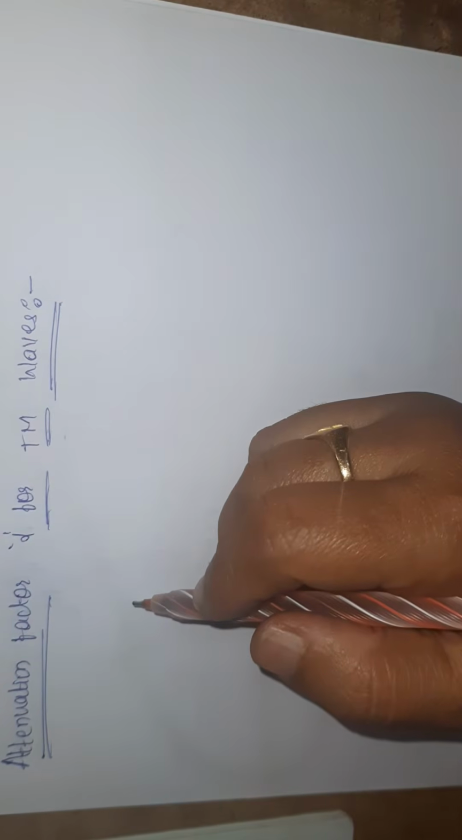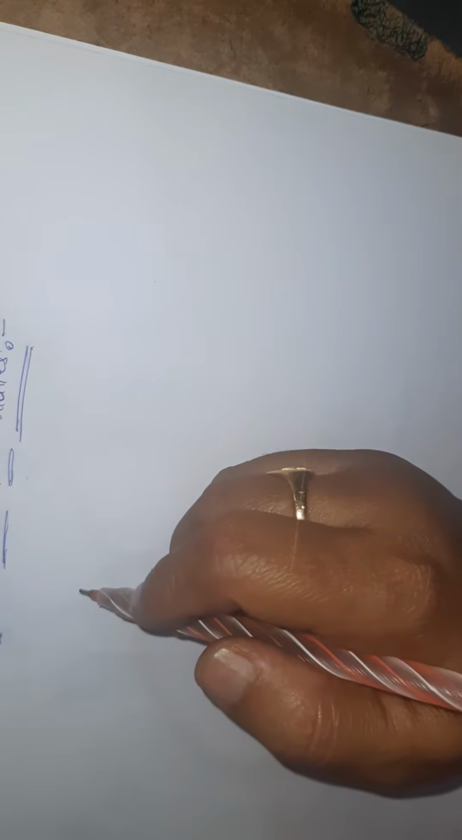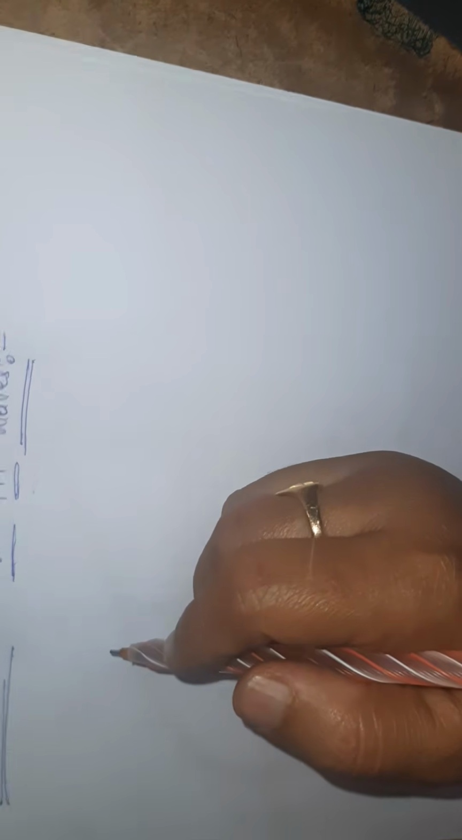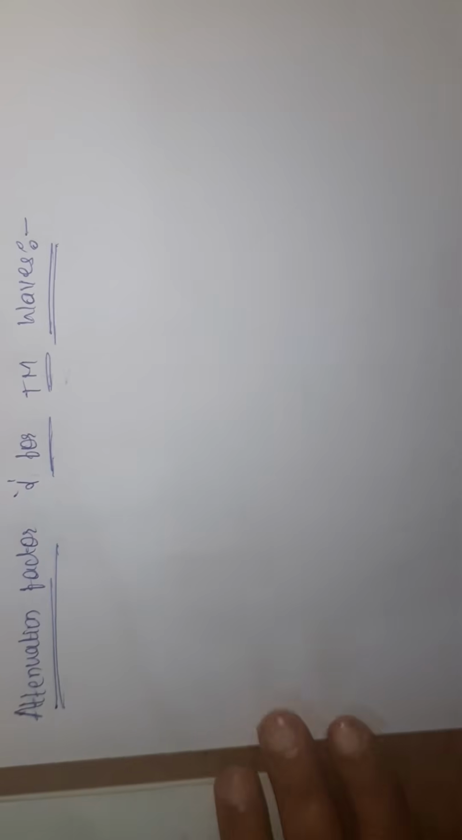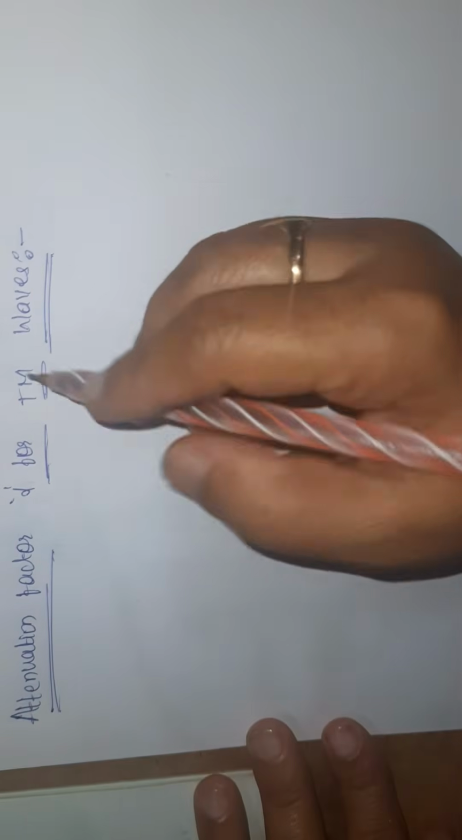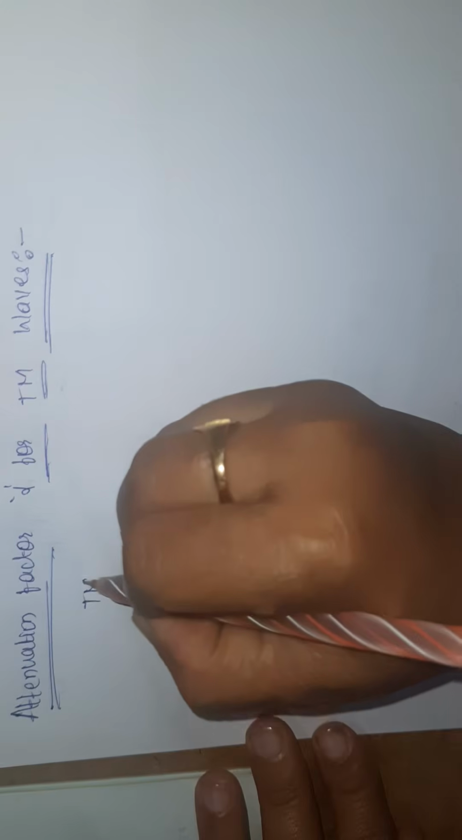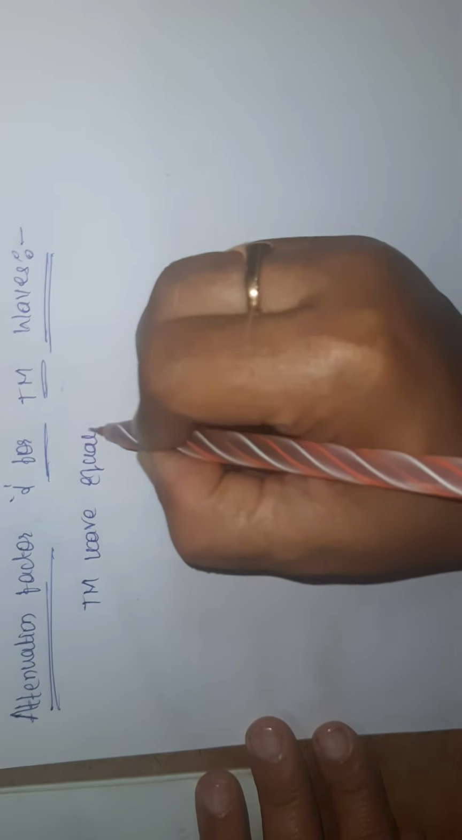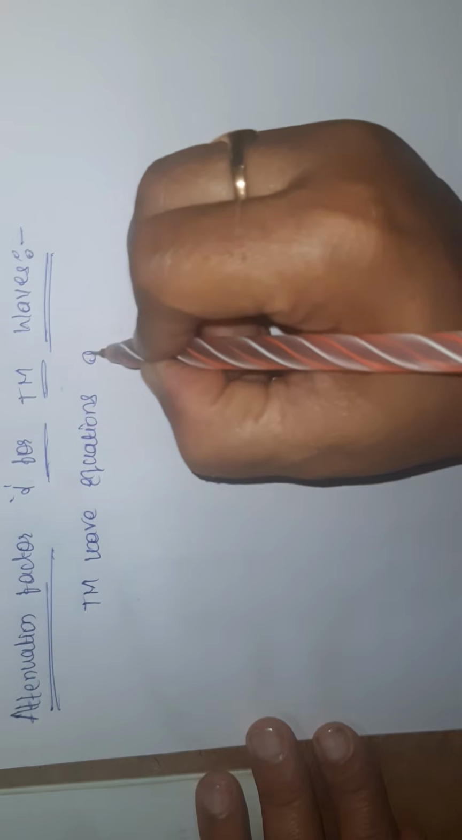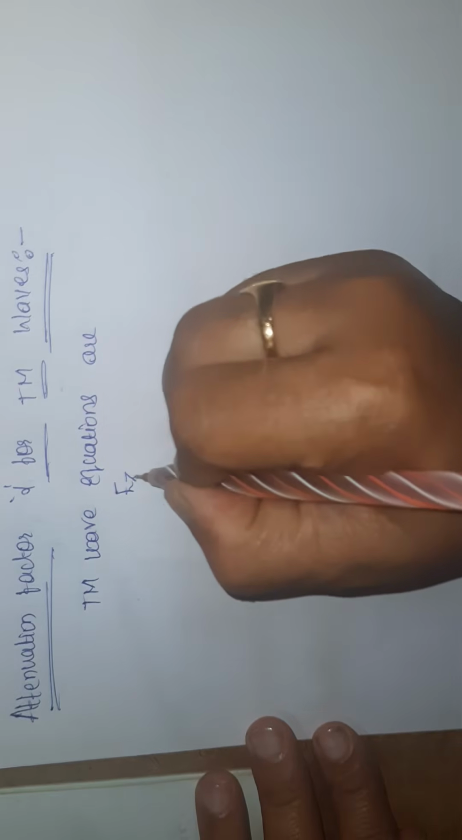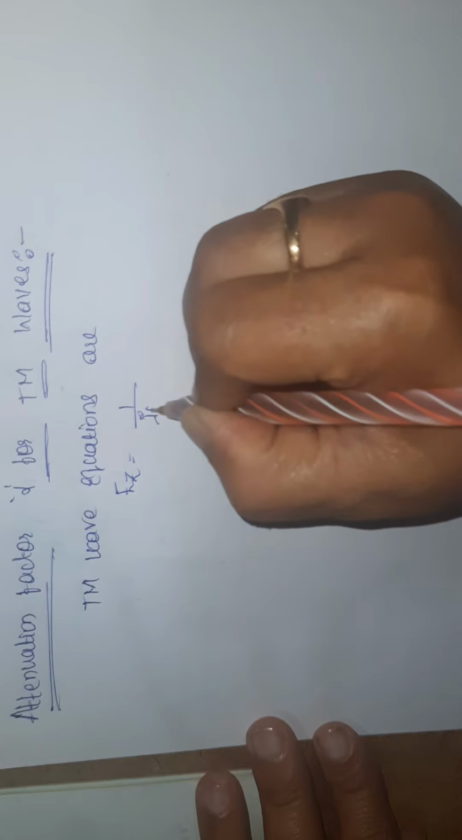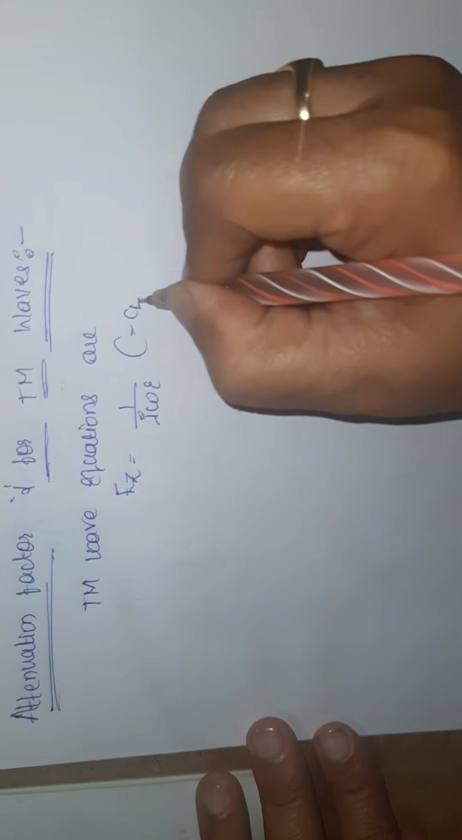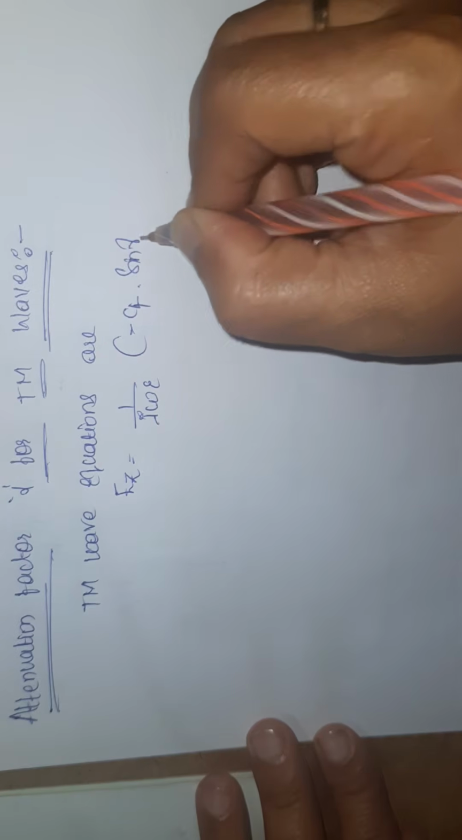Hello students, now I am going to see about attenuation factor alpha for TM waves. In the last session we have discussed attenuation factor alpha for TE waves. So now TM, and we know that the TM wave equations are Ez is equals to 1 by j omega epsilon minus C4 sin gamma x